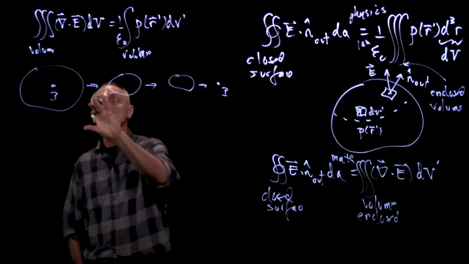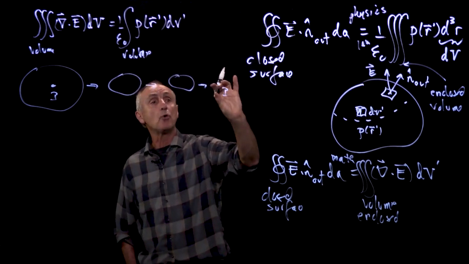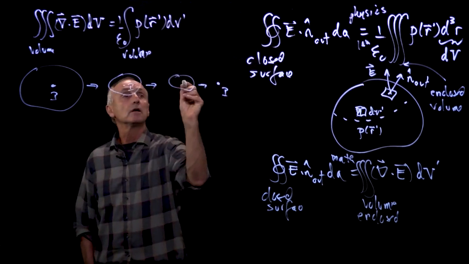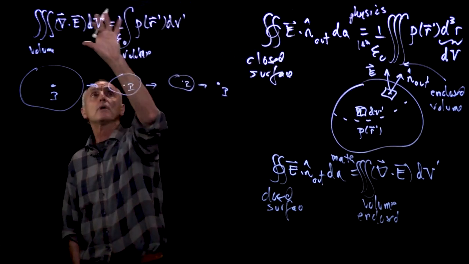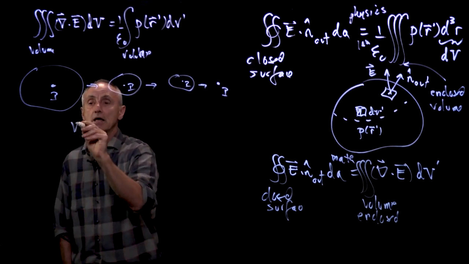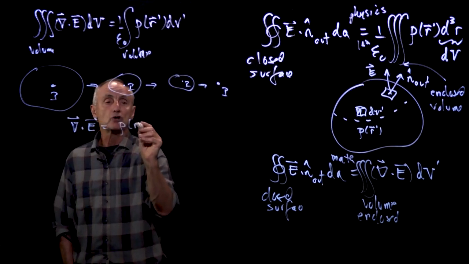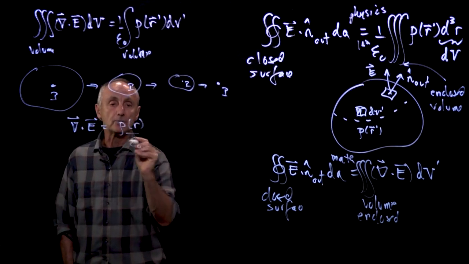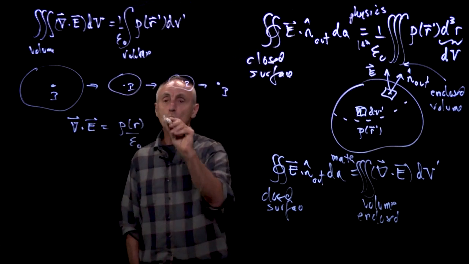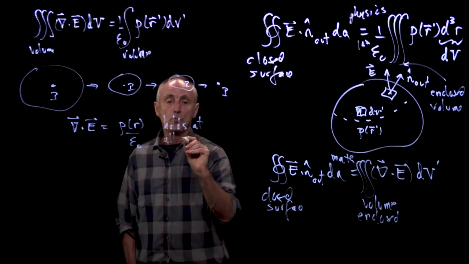If these integral results hold over the volume as we shrink it down to the point inside the volume, then the integrands must be equal, and that enables us to write an equation, del dot E equals charge density divided by epsilon naught. And this holds at all points